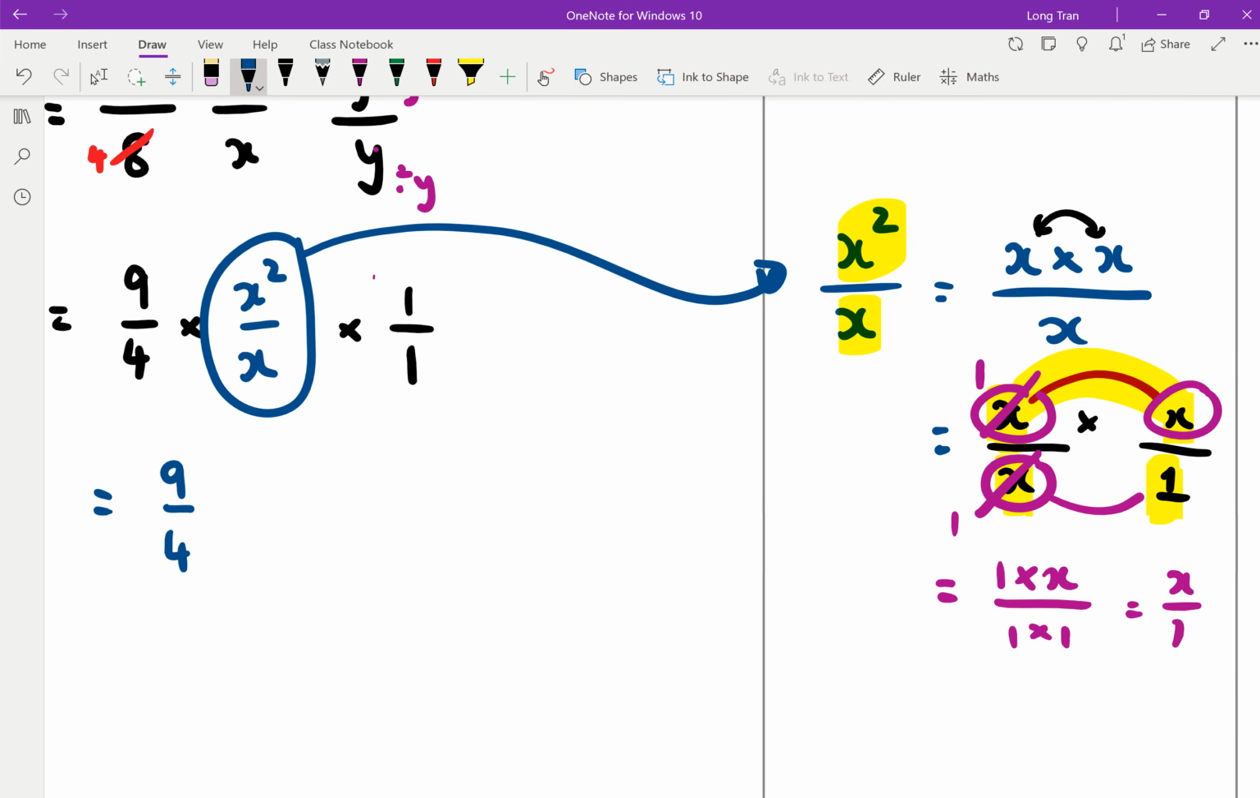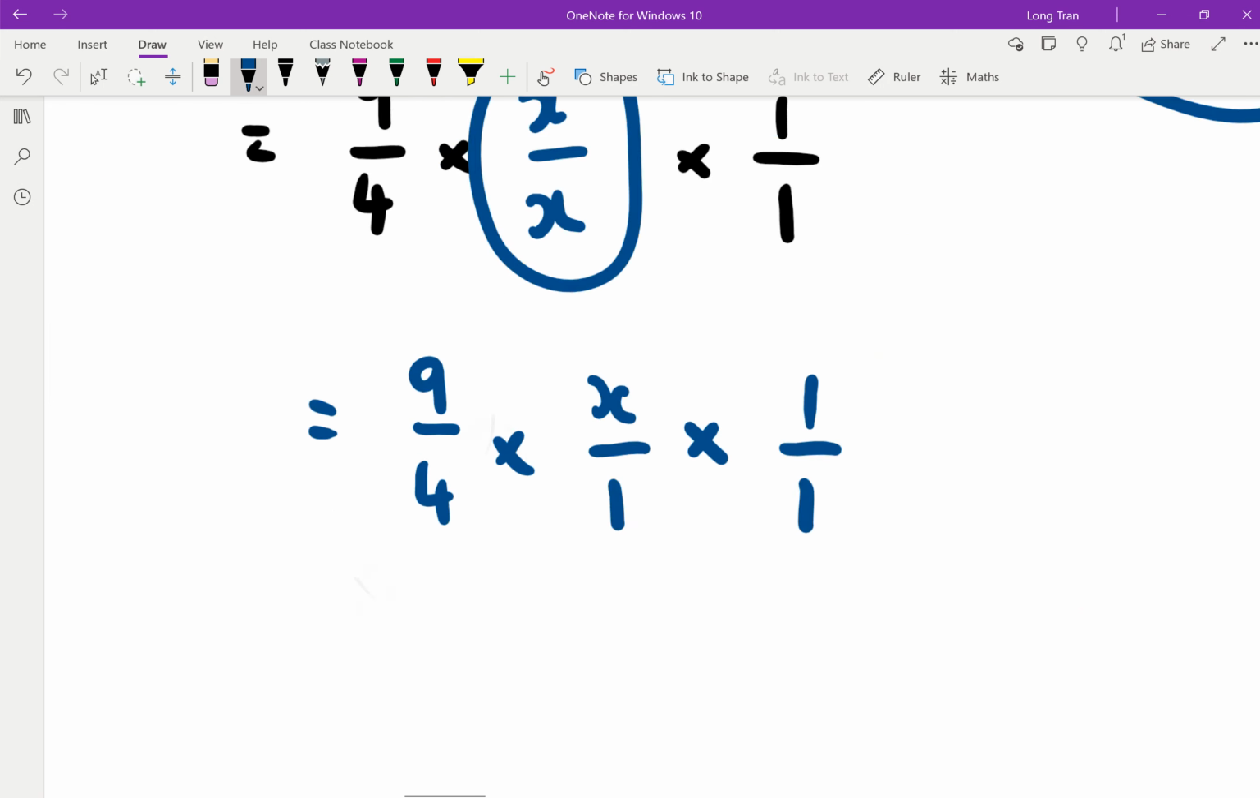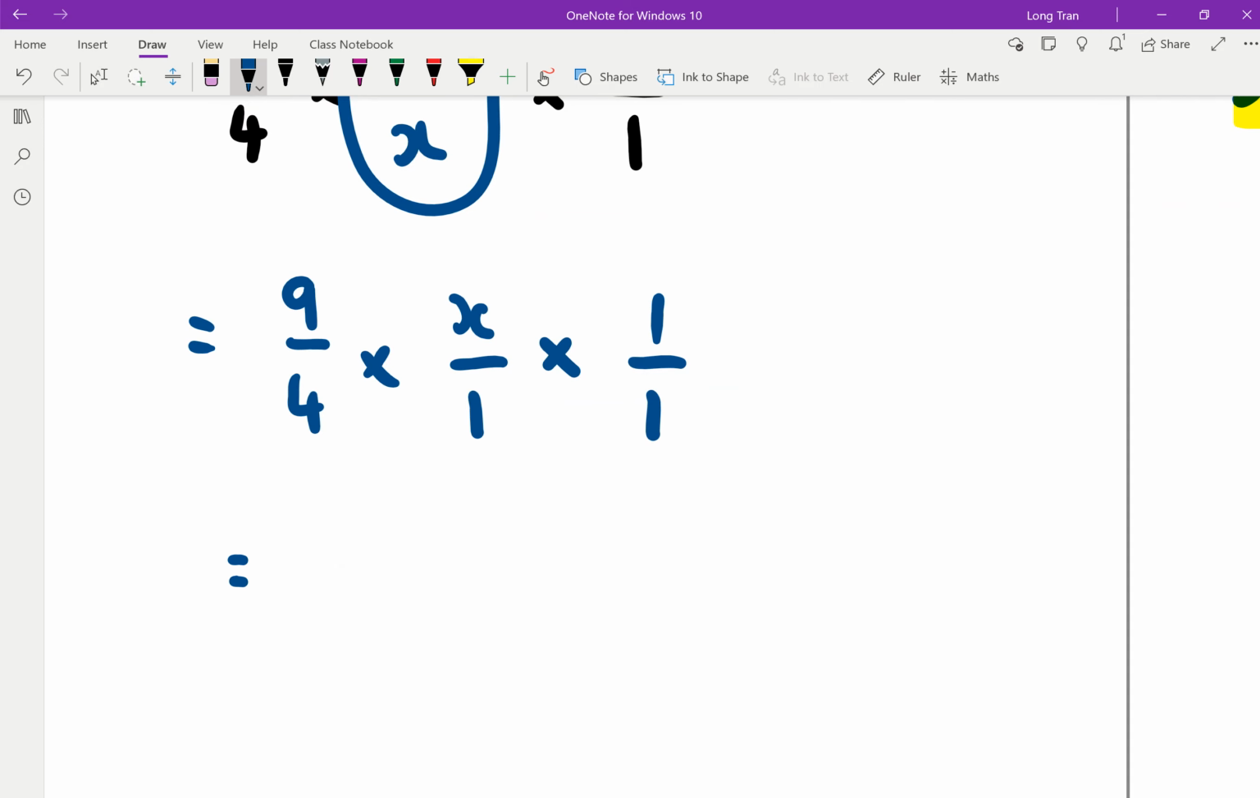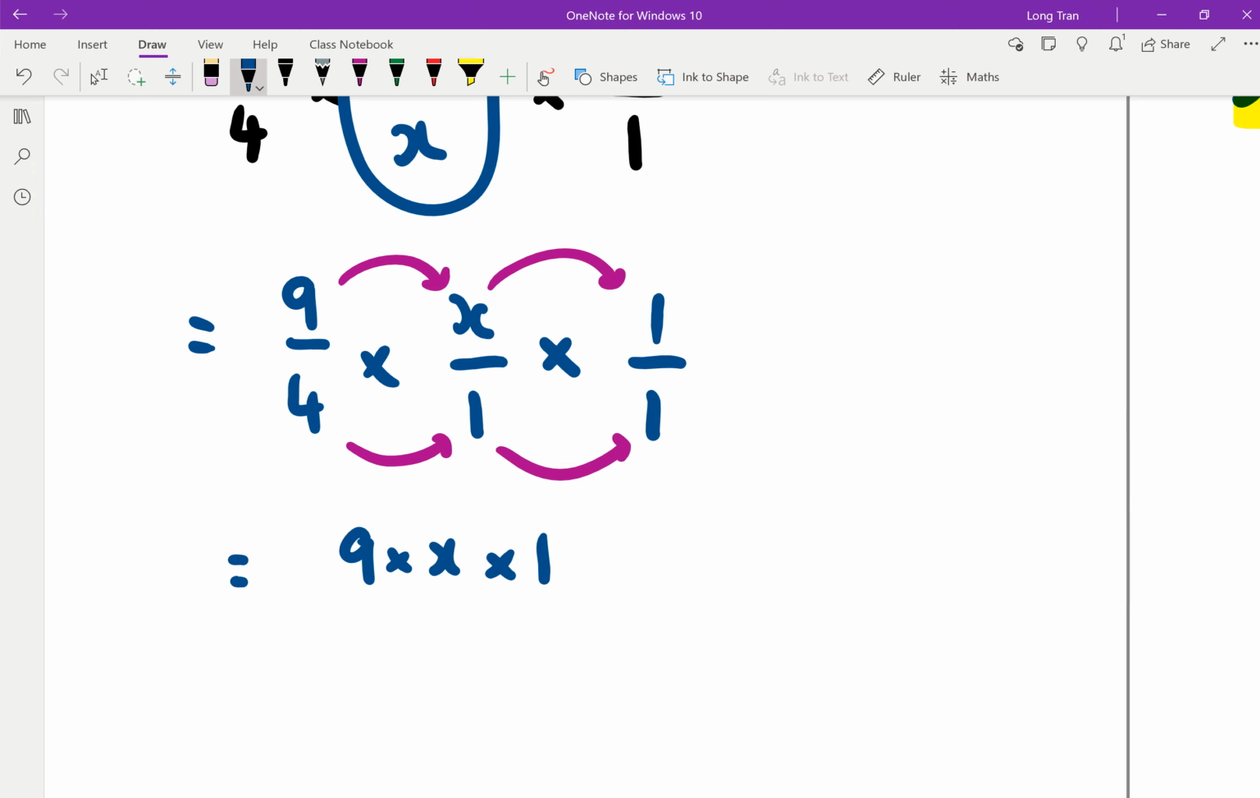We just worked out x squared divided by x was x over 1. So here we go. I'm going to write x over 1 times 1 over 1. And you can see here, we simplified all together. Fractions, we would do top with top, bottom with bottom. So if you write that out, that becomes 9 times x times 1 all over 4 times 1 times 1,